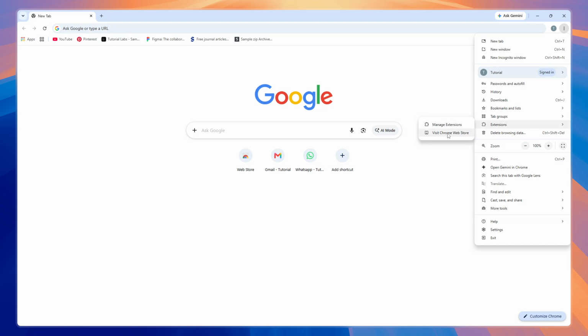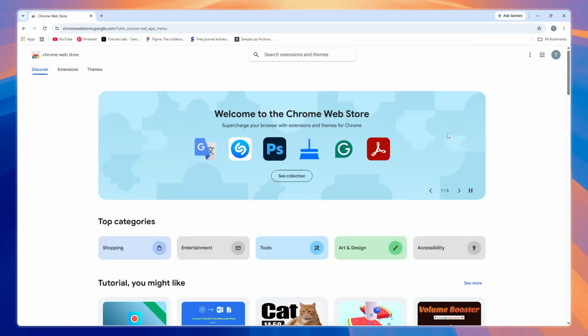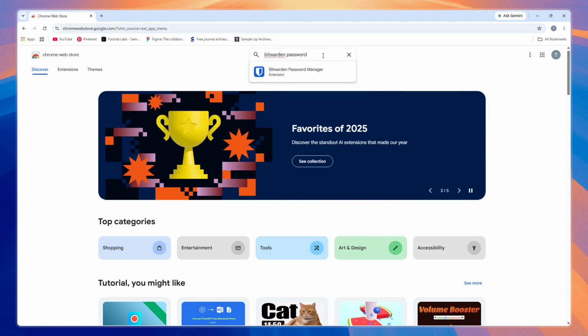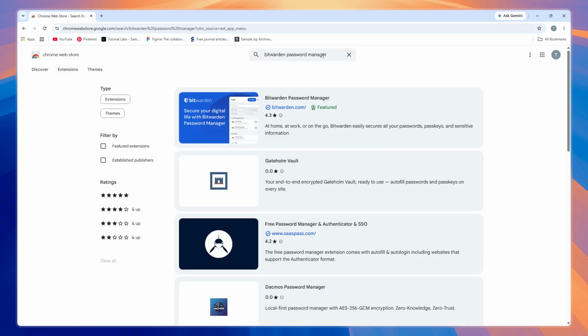This will take you directly to the Chrome Web Store, where you can browse and install various extensions for your browser. Now that you're in the Chrome Web Store, look at the search bar at the top of the page. In this search bar, type Bitwarden Password Manager and press Enter. This will bring up the search results for Bitwarden. When you see the Bitwarden Password Manager extension appear in the results, go ahead and click on it to open